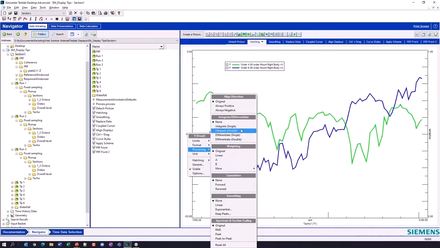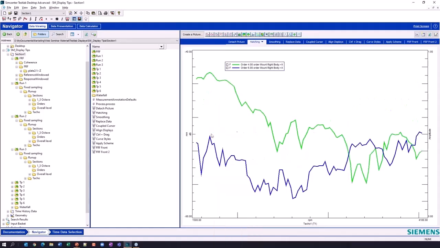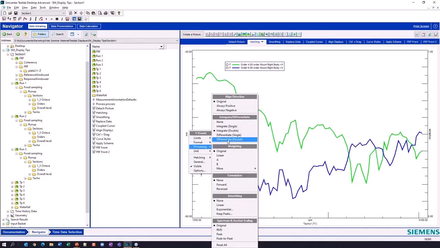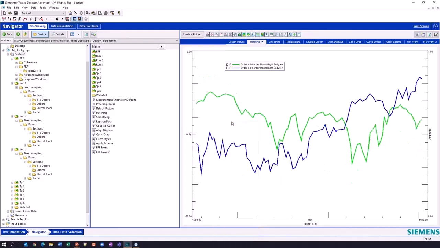I can also do some interesting things because I'm in the frequency domain. I can very easily double integrate this acceleration and get it in displacement versus RPM. I can take an acceleration measurement using an accelerometer and double integrate that. I'll go from acceleration to velocity. That's one integration, and the second integration will get me back to displacement. And I can do the same thing. If I started with displacement, I can actually differentiate those to velocity as well as acceleration. If I say none, I'm going to go back to how it was measured, which is G's of acceleration.